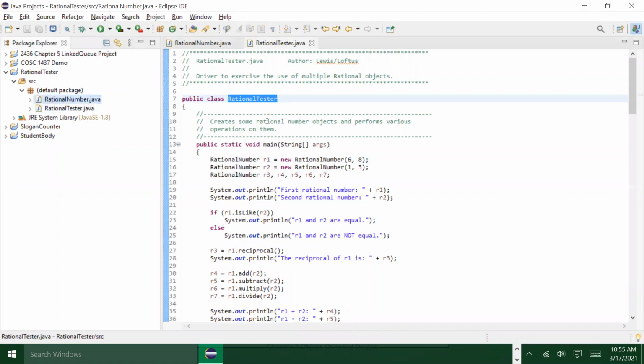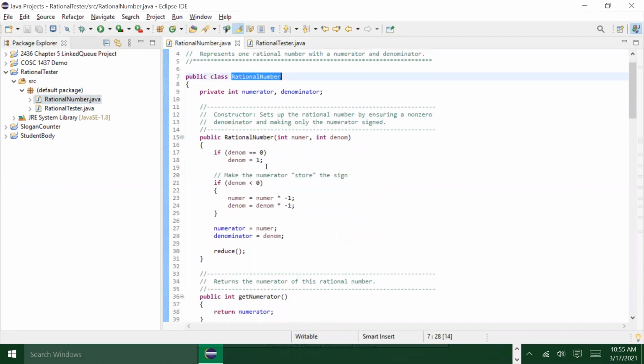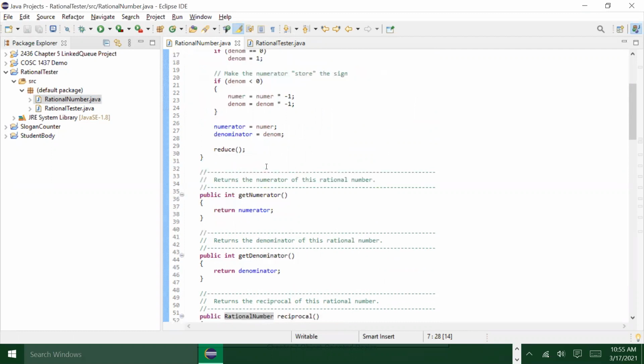And let's look at rational number. We will not go through the actual code. Once you understand, gradually you will find this coding is easy. It's easy once you have the logic done. So I'm not going to do that. But here,